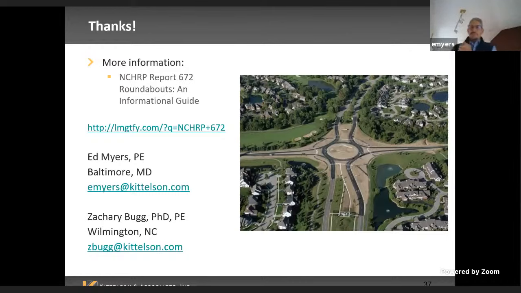Yeah, I don't know the answer to that question either, though it's a very good question. I wonder though, when we get into a higher penetration of autonomous vehicles, right now I would say roundabouts have a benefit from a capacity standpoint. Is that still going to exist if you have a 25% penetration, a 50% penetration? I don't know the answer to that, but I wonder about it.